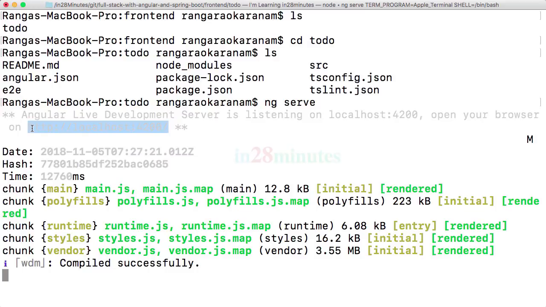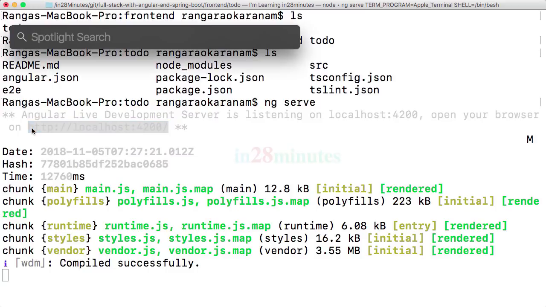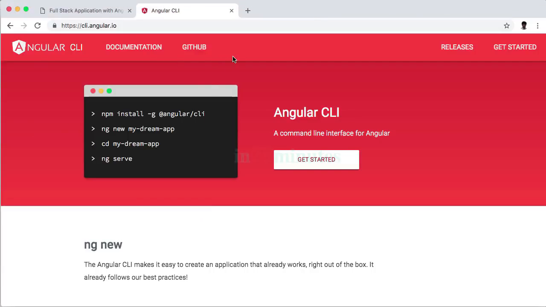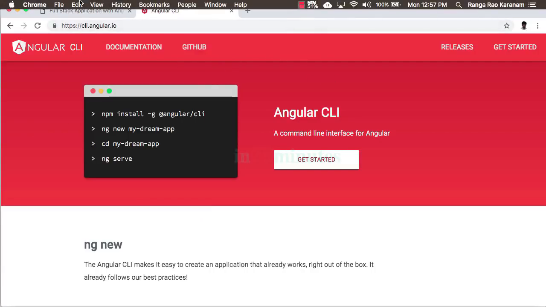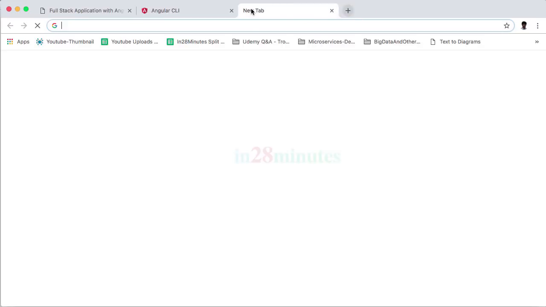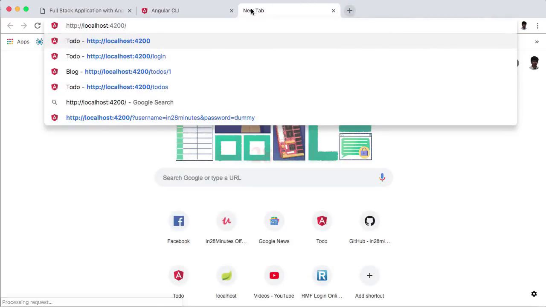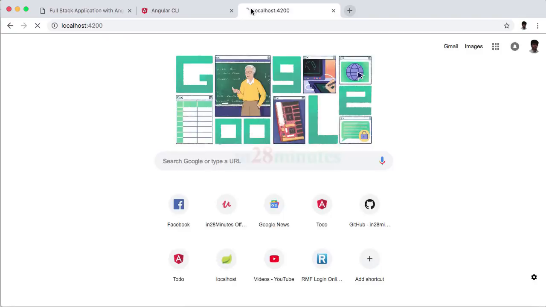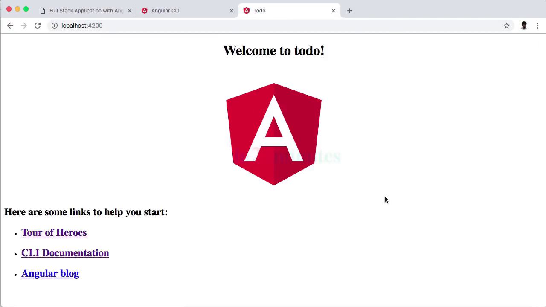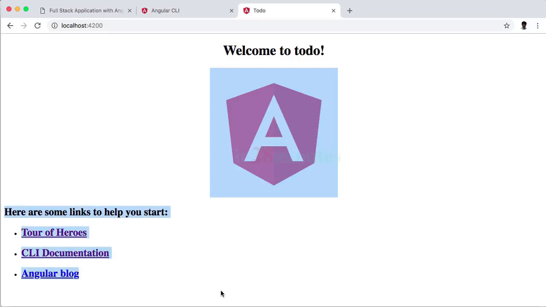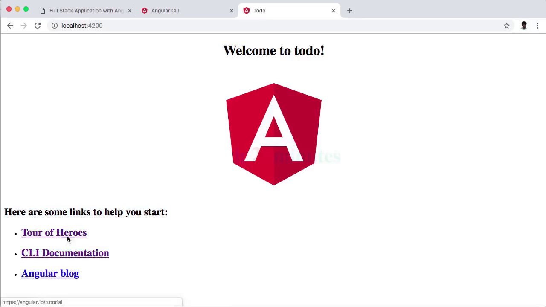So the recommended browser that we would be using throughout this course is Google Chrome. So make sure that you're using Chrome as well. In Chrome, go ahead and type in localhost 4200 and just press enter. Cool. You'd see a page come up. It says welcome to To-Do, and you'd see a few links to the Angular blog, to Tour of Heroes and